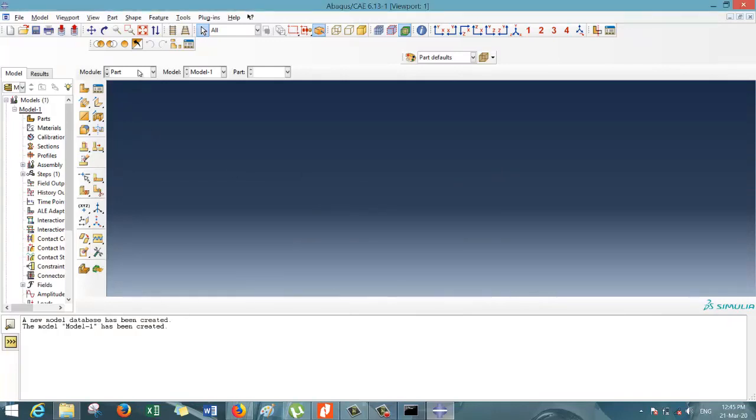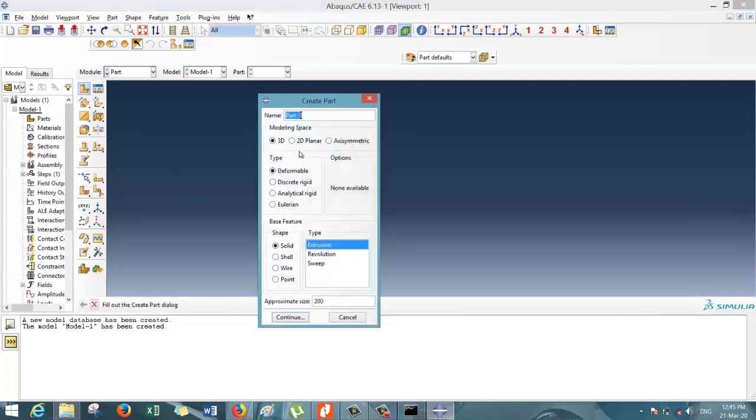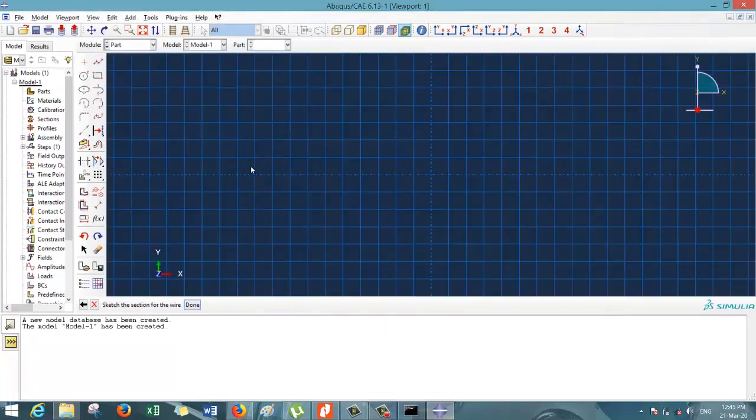Click OK. Initially I have to create the part model. In the module Part, click on create part, 2D planar, wire, all the defaults, let it be there.